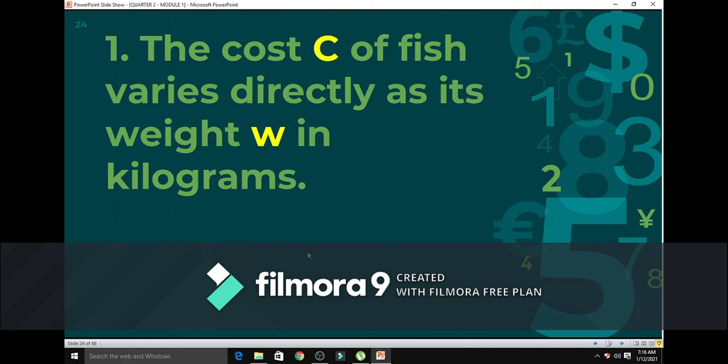So, paano natin siya gagawing mathematical sentence? So, yung first variable na binanggit, letter C, yung second variable, W. So, gagawin natin siyang C is equal to KW. So, K is the constant of variation, or para mahanap natin yung equation for K, kung ano yung kasama ng K, lalagay natin sa ibaba, and the numerator is the variable on the left side of the equation. So, kung ano yung letter or variable sa left side ng equation, magiging numerator siya, at yung variable na kasama ni K ay magiging denominator. Kaya magiging K is equal to C over W. Very good. Pangalawa,